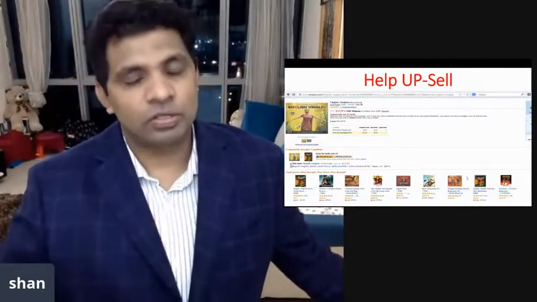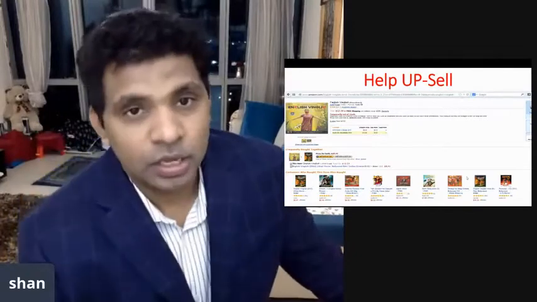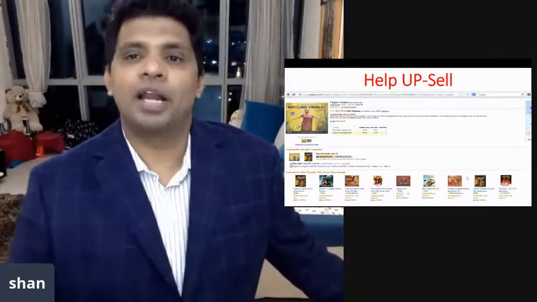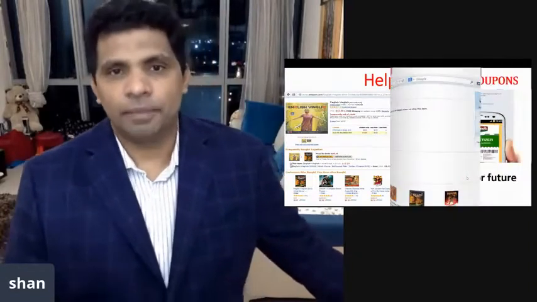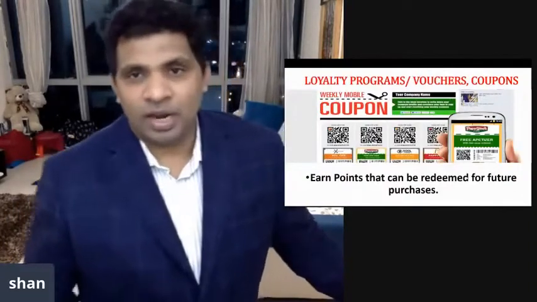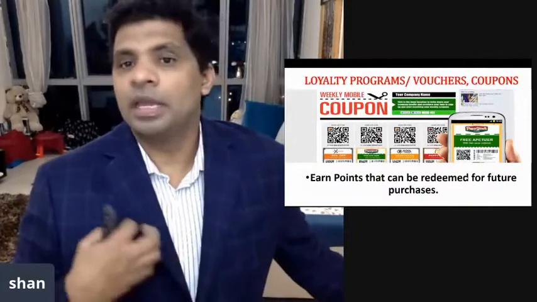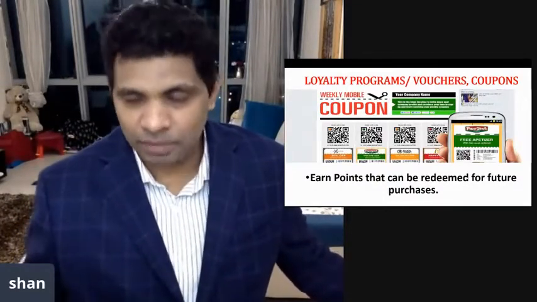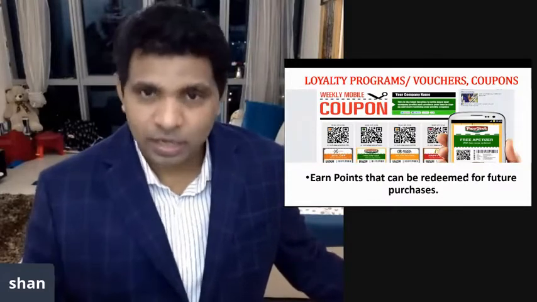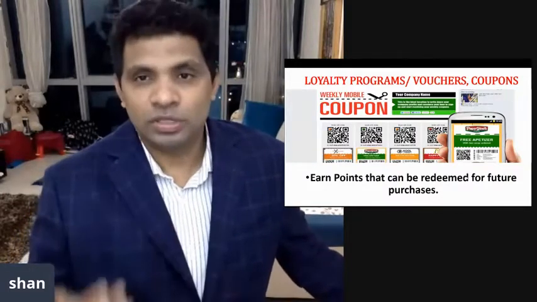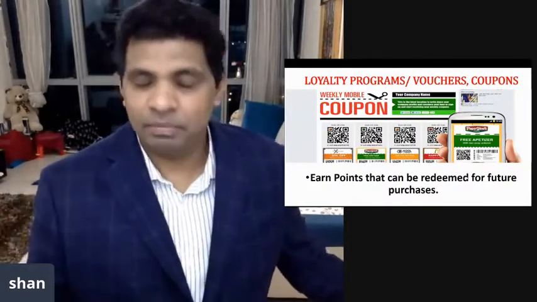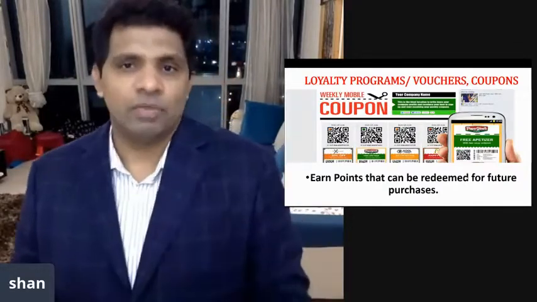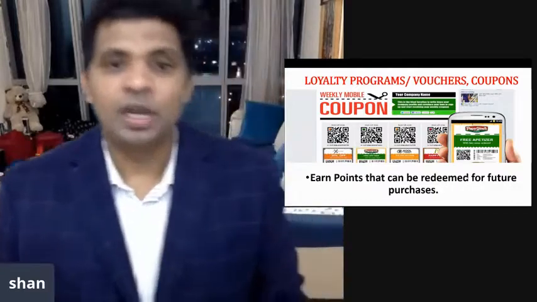You can also have cross-sell and upsell, etc. It's very important to keep this kind of option as part of your e-commerce solution. Now, loyalty rewards, vouchers and coupons increase sales like anything. You can have different kinds of loyalty programs, vouchers and coupons to run. There are a lot of tools, plugins and APIs available, and SaaS models available. You should look into them. When we discussed payment gateways, we also discussed the loyalty program.